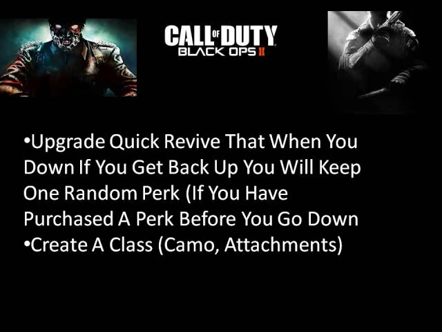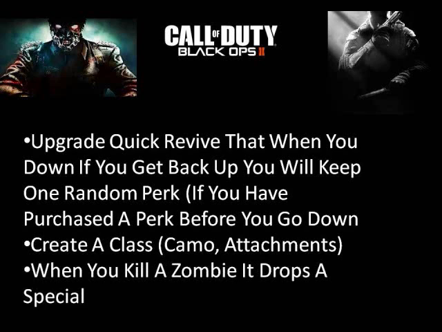I would also like it so that when you kill a zombie, it drops some ammo for a certain gun. It won't be a max ammo, but let's say it's ammo for the starting pistol. That way, it makes the game more challenging. It would rarely give ammo for the Ray Gun or the Thunder Gun, something good, and would give you more ammo for